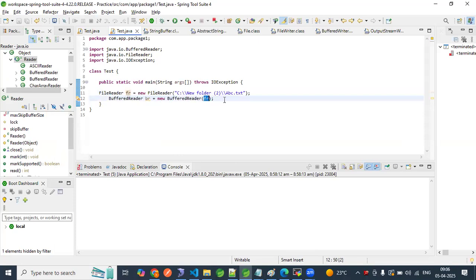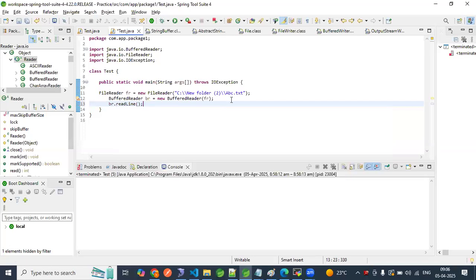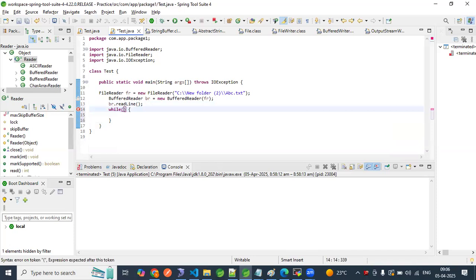What is the duty of buffer reader? To read. So we are asking, hey buffer reader, read line by line. Okay, buffer reader is saying, okay, I will read line by line. But are you in a position to catch the result? So yes, I will apply one while loop. Inside this while loop, whatever is coming line by line,